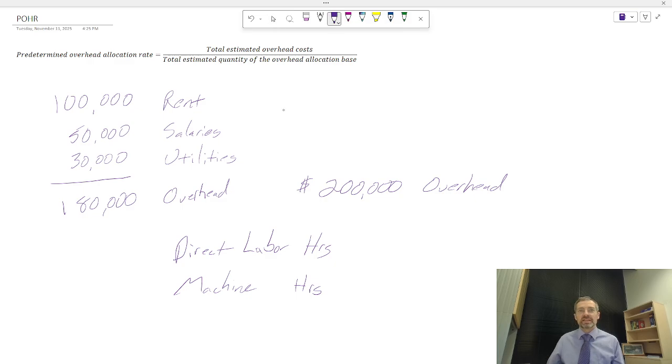So we look at this and say, yep, our employees will probably spend 20,000 hours this year working on tables. And this is the direct labor. So directly working on tables, probably going to be 20,000 hours, which would give us an estimated rate of $10 per hour, per direct labor hour that they are spending on this. And so that's our magic number for the whole year.